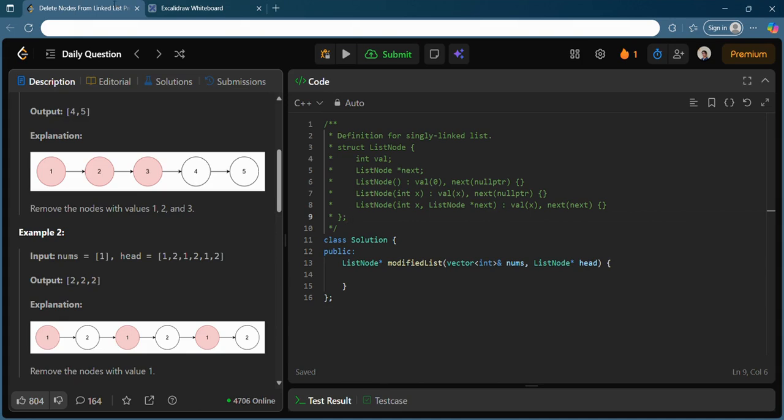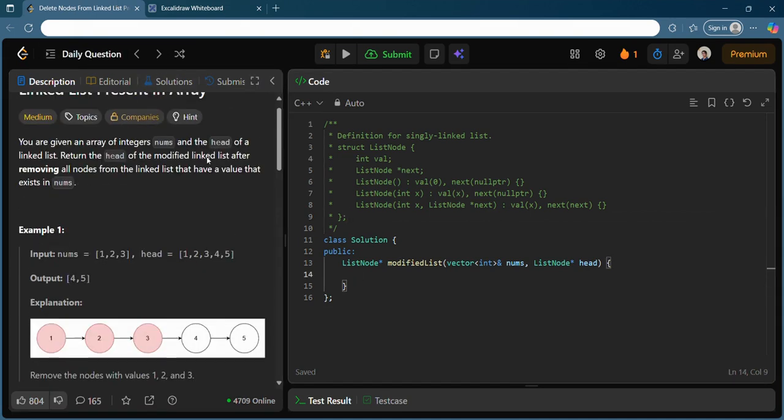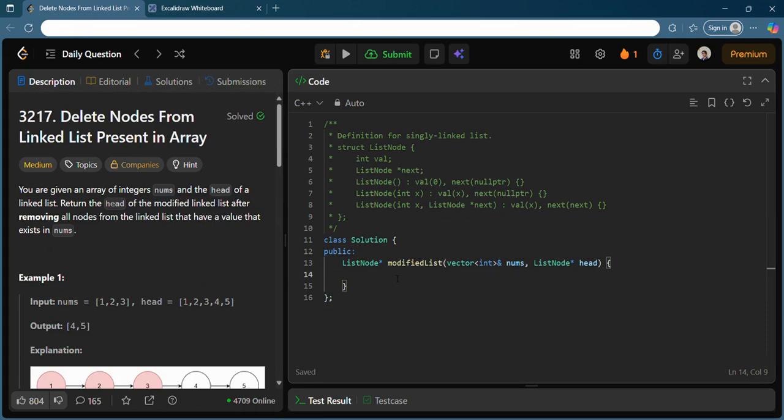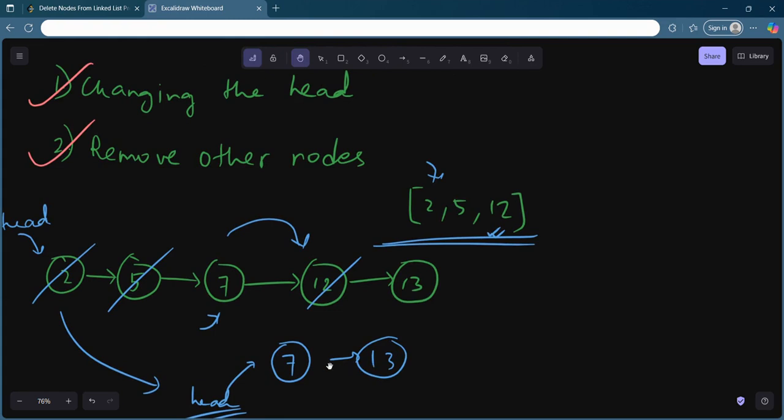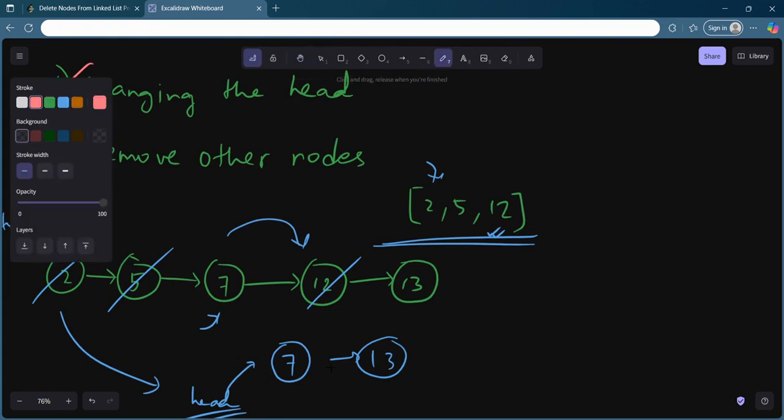So let's code and understand simultaneously. What all stuff do we need to do? Whenever you are at a particular node and you want to check whether this value 7 is present in the list or not, you can definitely use a hash map for that, instead of traversing the list every time.